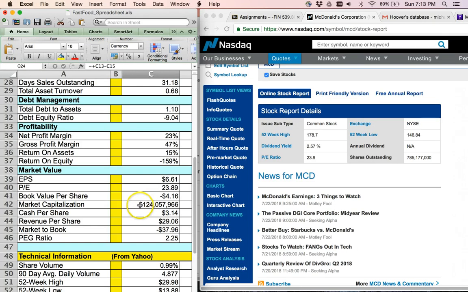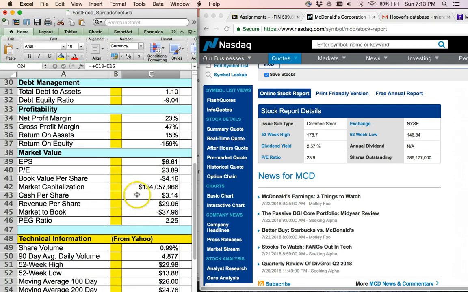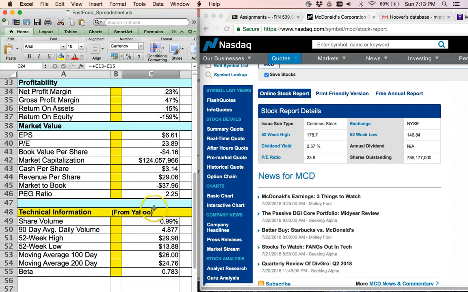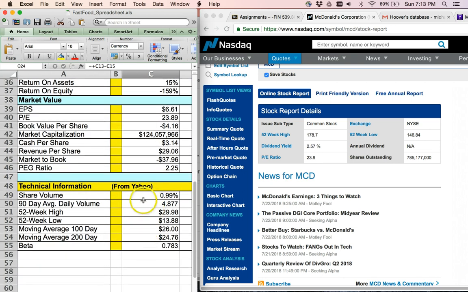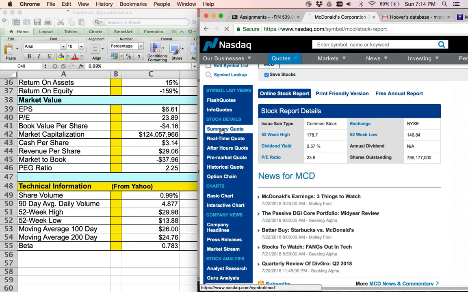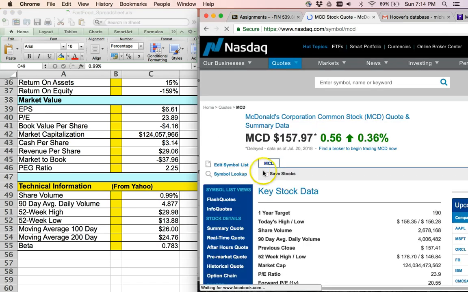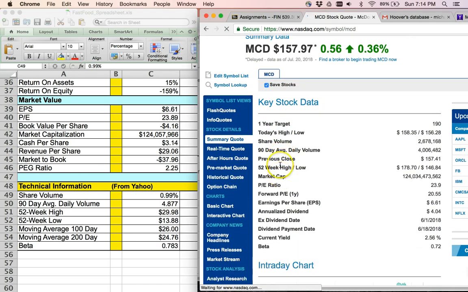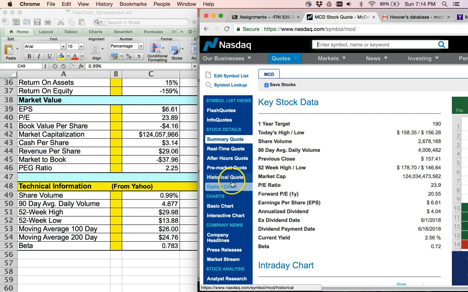Market capitalization and cash per share, revenue, book to value, and PEG ratio. Okay, those numbers all look good. So now let's move down here to some of this technical information, share volume. So let's go to the summary quote. Let's see, okay, so I have some information here. So here I have the share volume. So I'm going to put that in